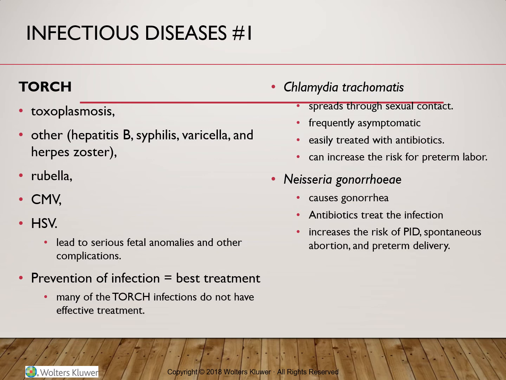Hepatitis B and syphilis. Hepatitis B can be transmitted sexually or through contact with blood and body fluids, and it can be transmitted to the fetus through placenta or by contact with vaginal secretion and blood during delivery. Most of the people in US are now routinely vaccinated during school age years and sometimes as adults at risk. So the neonatal infection with HPV is at very low levels in US.